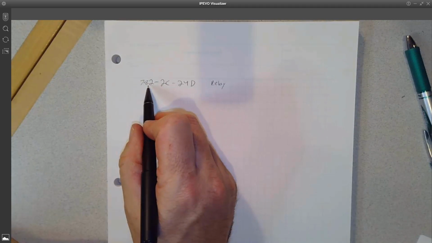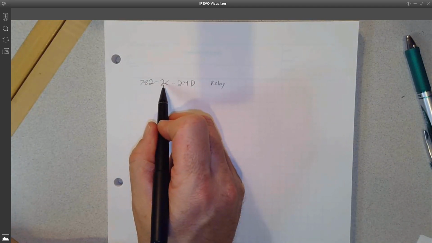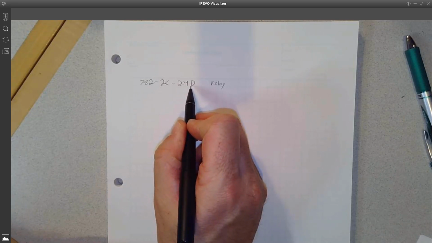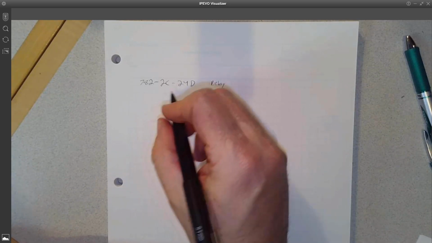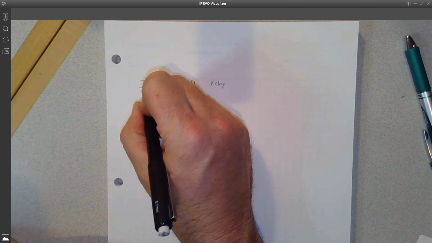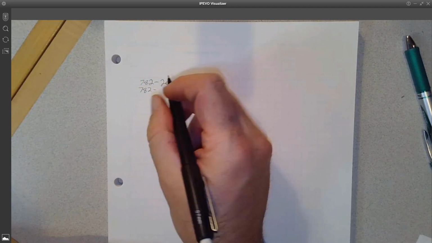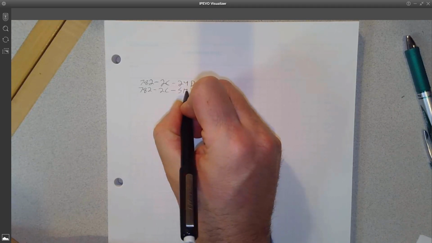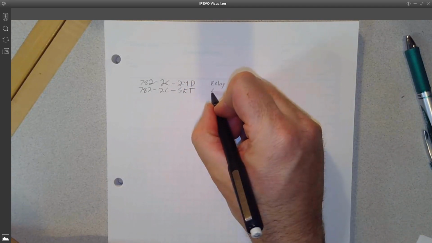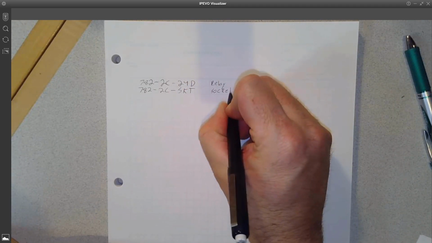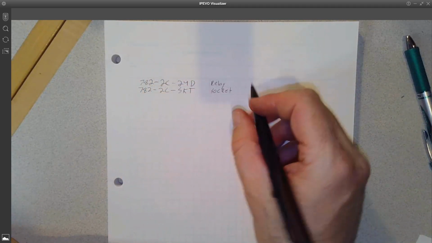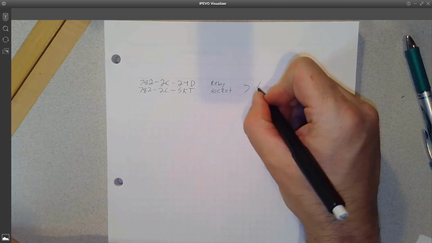And that means it's a 782 series. The 2C stands for the 2 poles, and 24D means it's a 24 volt DC coil. That is plugged into a socket, still the 782 series, still 2 pole, and then just SKT for socket. Okay, so the first task for you is going to be find on Automation Direct, these are both Automation Direct parts,